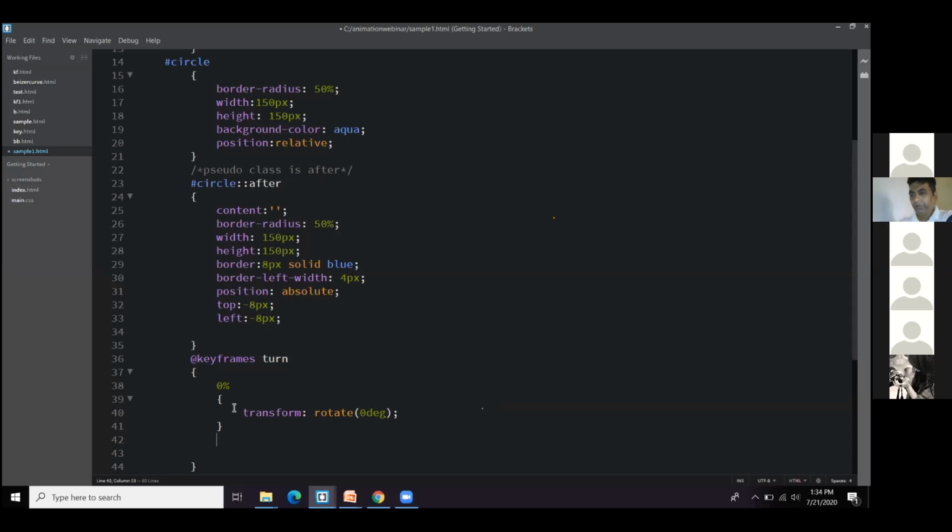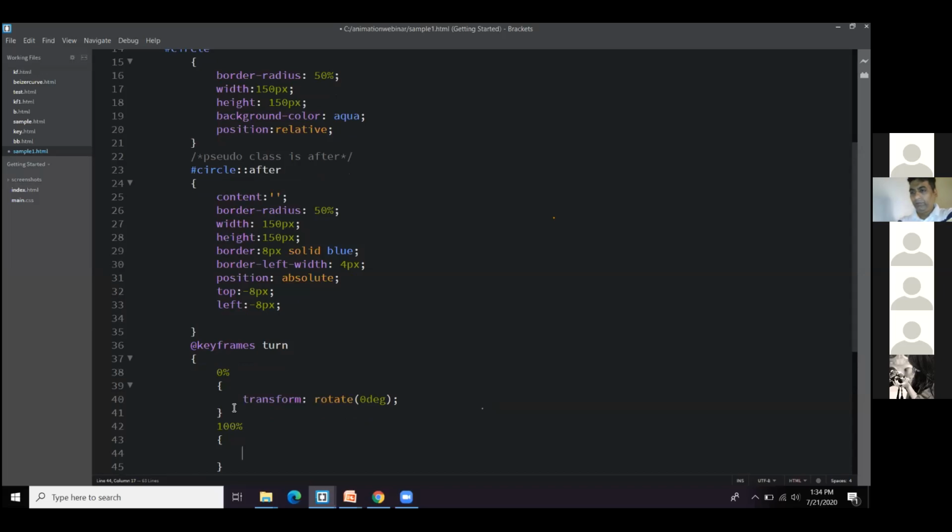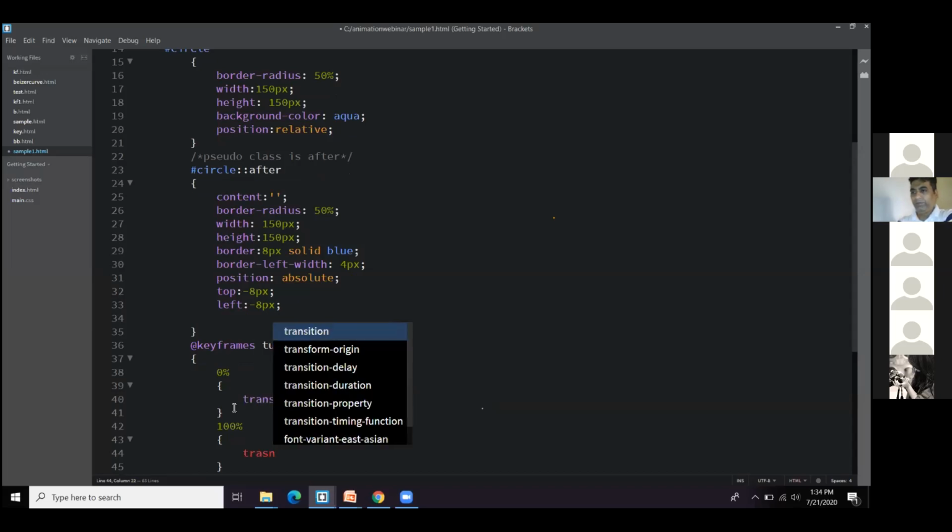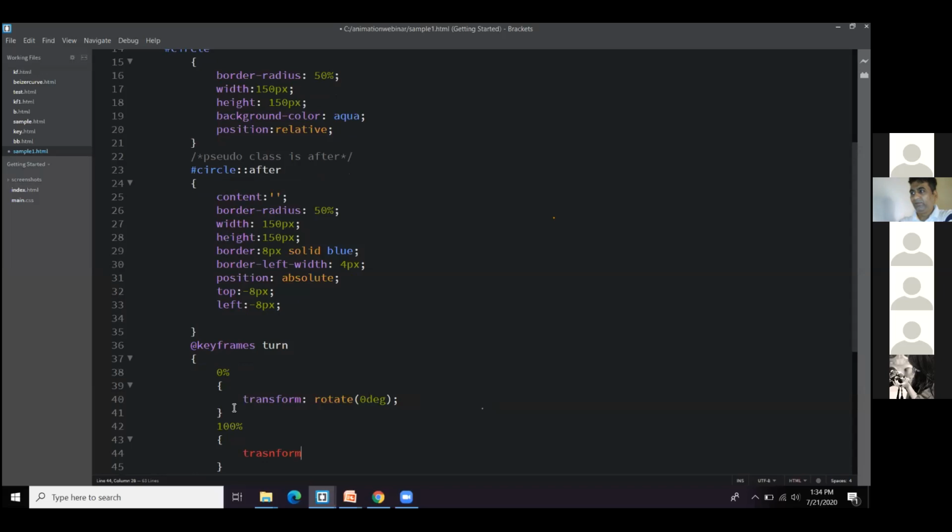At 100%, transforming using the same thing again. I'll make it with one turn, rotate 360 degrees.